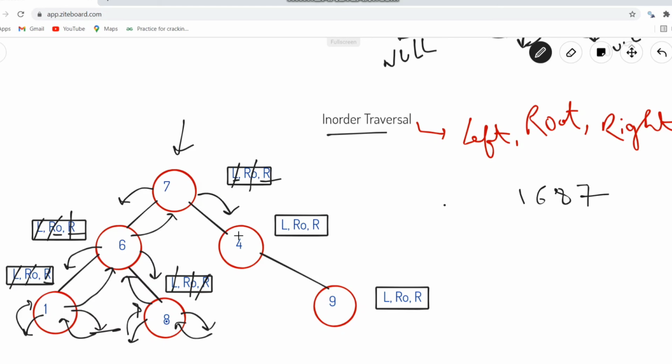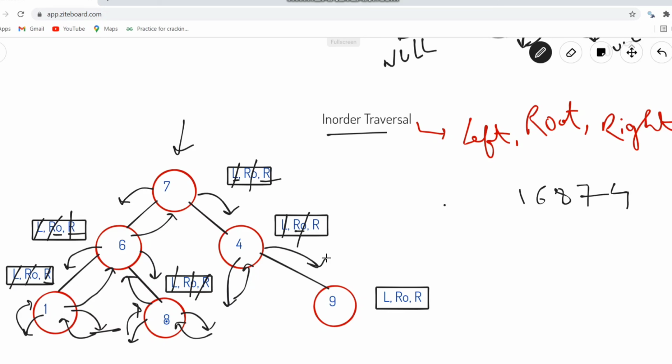Now, currently we are on the node having value 4. So in that node, we need to start from beginning. So we'll be performing left operation first. So I'll be moving in left. The value is null. We'll be returning back to the caller of null value, that is node having value 4. The next operation which we are going to perform is printing the node's value, that is 4. So now, after printing the node's value, the next operation is to move in right direction.